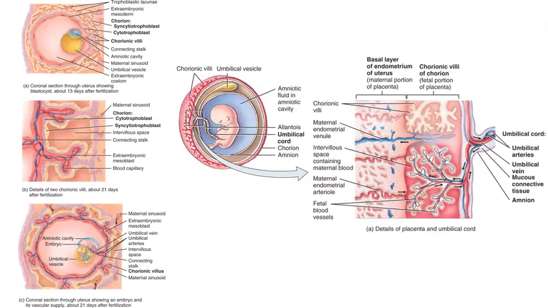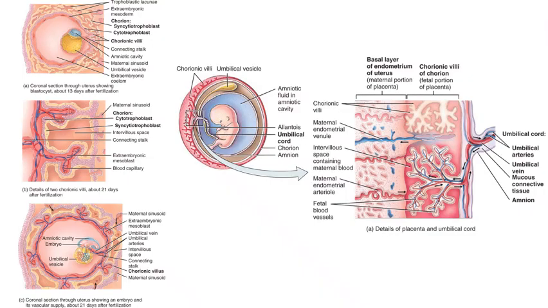And the actual connection between placenta and embryo and later the fetus is through the umbilical cord, which develops from the connecting stalk and is usually about an inch wide, and actually 24 inches in length. It's pretty big. The umbilical cord consists of two umbilical arteries that carry deoxygenated fetal blood to the placenta, and